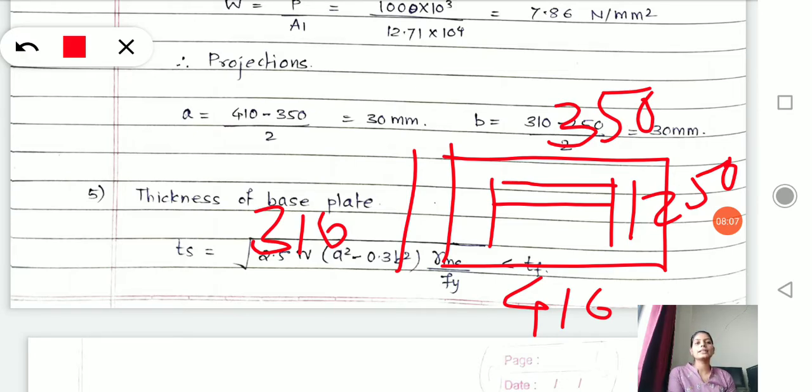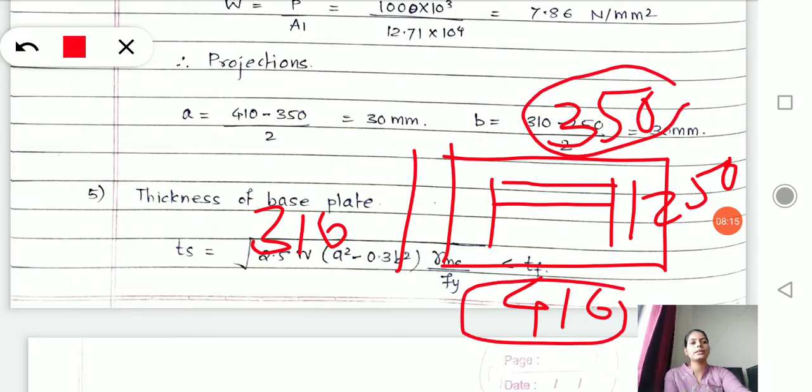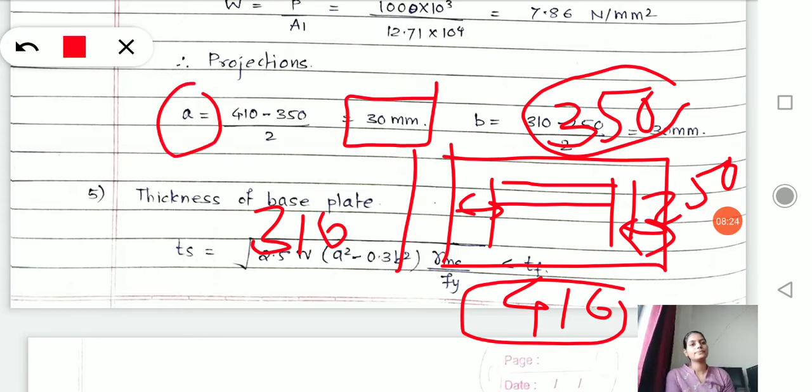For this I section, what will be my projections? Definitely we can calculate it. 410 minus 350 divided by 2, because we are providing it on both sides. That gives the distance of projection A, which will be this one and this one, equal to 30 mm.